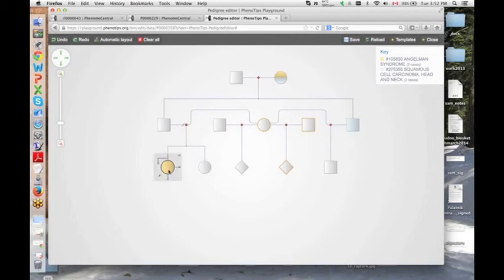One of the things that we're going to do is make sure that each of these can be a separate Phenotips or Phenome Central entry. But for now, it's all tied around the proband, which is the one highlighted in bold right there. So this is a quick demo of the pedigree drawing functionality in Phenotips, and also in Phenome Central. Actually, you can draw the pedigree there as well.